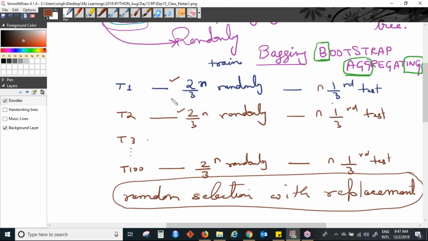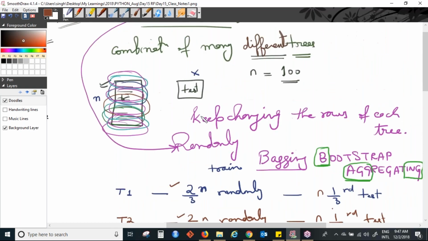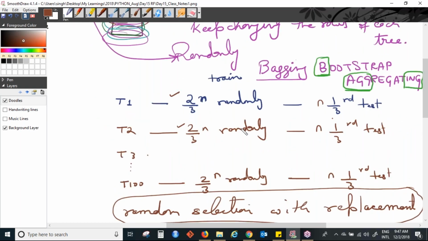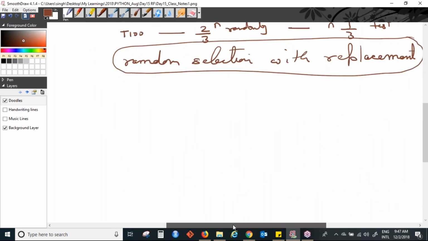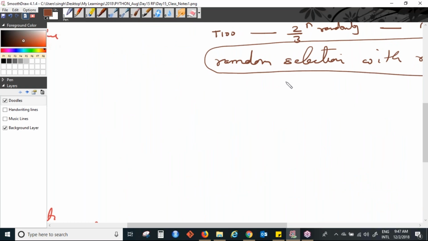So additionally, we have already changed the rows that are going into the data, right guys? Now what else can we do to create different trees? Rows we have already taken care of. Yes, exactly, we will change the columns, Naresh. We will not change the parameters, we will change the columns, because this is the simplest way. Change the rows and change the columns.